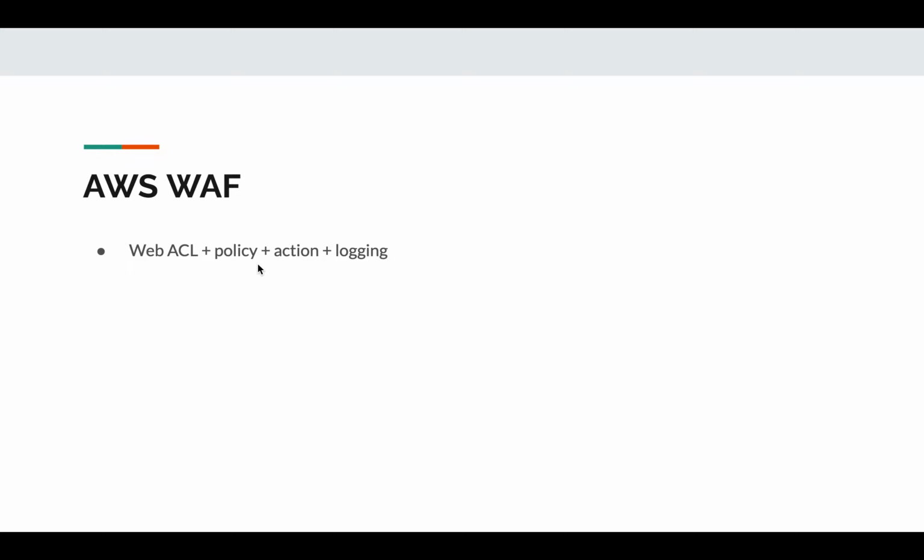Also, what is the need of WAF? Suppose you are hosting a web application and you launch an EC2 machine. On the EC2 machine, you only add a security group and network ACL, which is also a firewall, but it works on the network layer. But what happens if someone attacks our